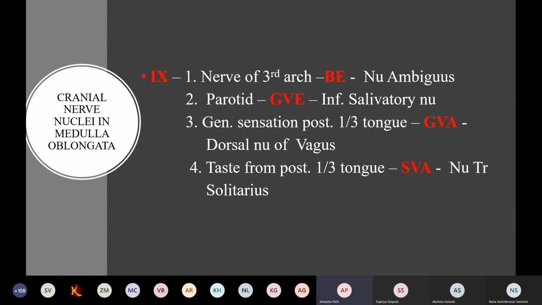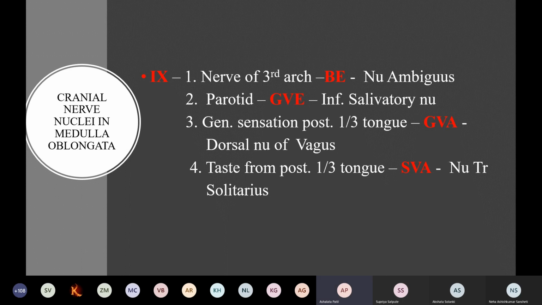So this is the same again. Just, from the medulla oblongata, which cranial nerves arise? That is the 9th, 10th, 11th and 12th. So the 9th nerve is a mixed nerve. So how many nuclei will be there? That is the branchial efferent, that is called nucleus ambiguus. Then general visceral efferent, it supplies the parotid gland. So there is the inferior salivatory nucleus in the medulla. Their axons travel through the 9th nerve. It gives then the tympanic branch, tympanic plexus, lesser petrosal, relays into the otic ganglion and supplies. So this is the preganglionic fiber.